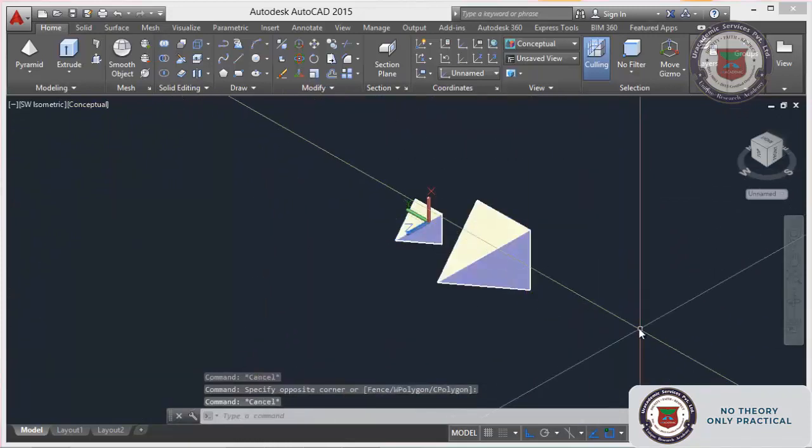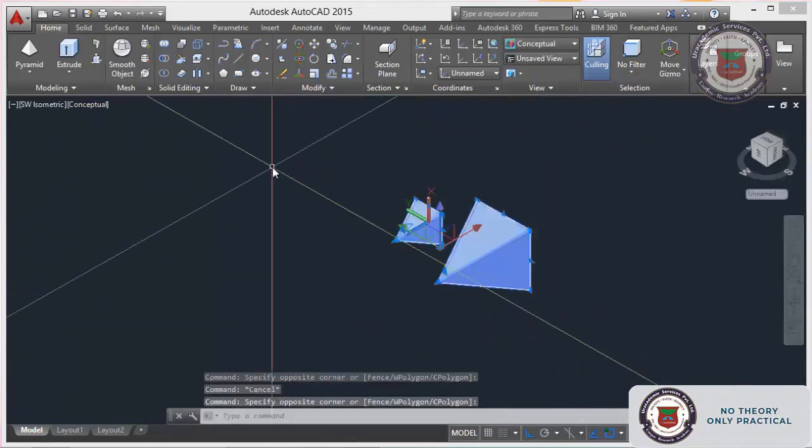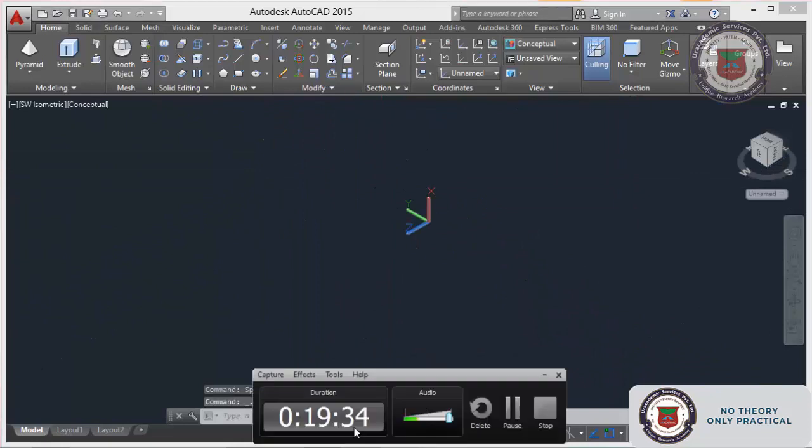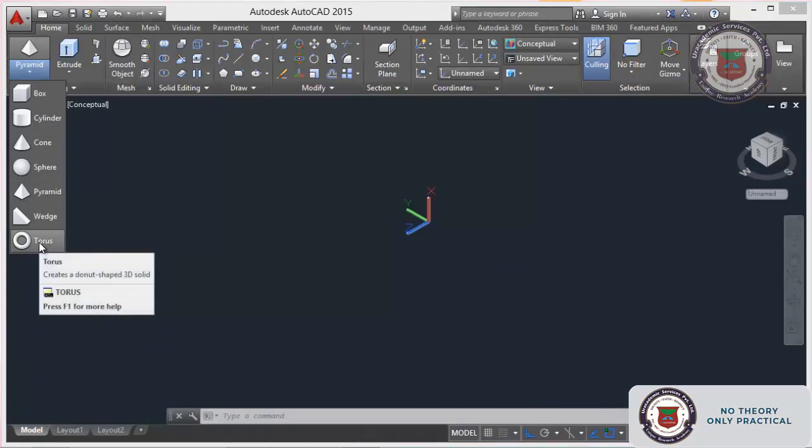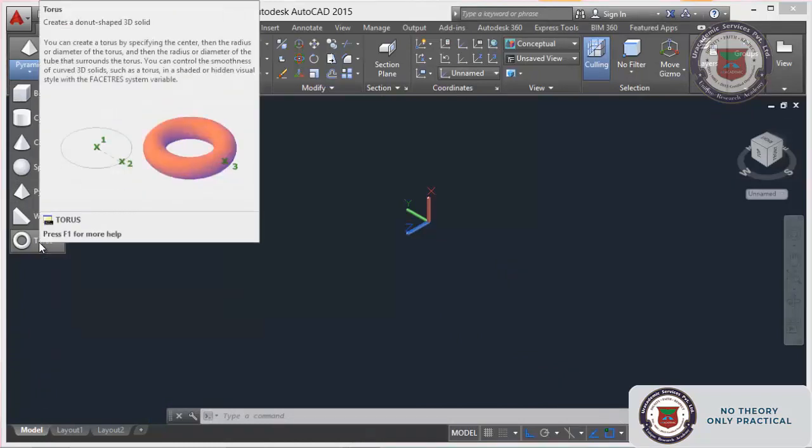Next is torus. Now I will delete this one and next we will go for torus. Torus means create a donut shaped 3D solid. You can create a torus by specifying center, then the radius or diameter of the torus, and then the radius or diameter of the tube that surrounds the torus.